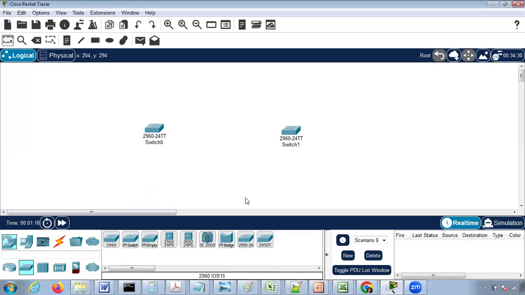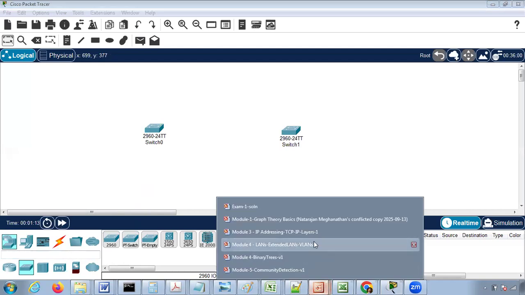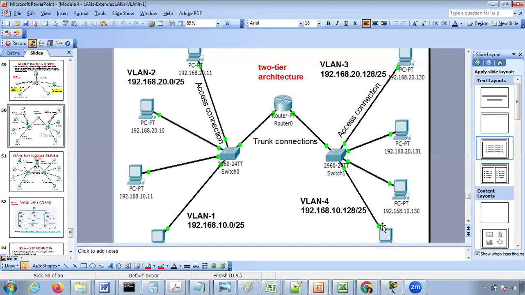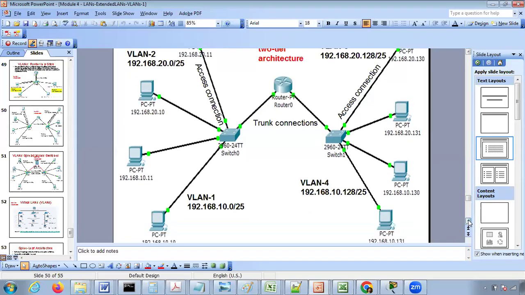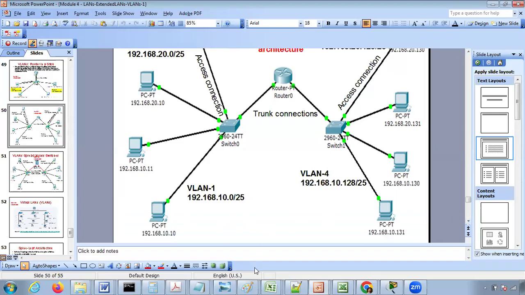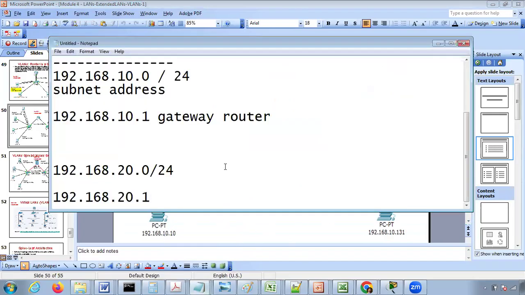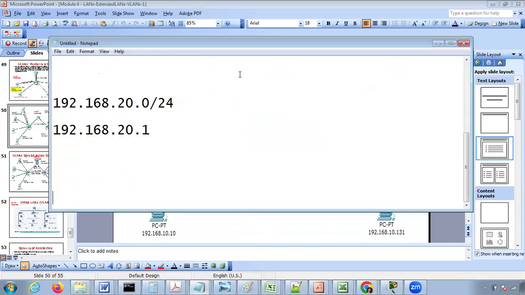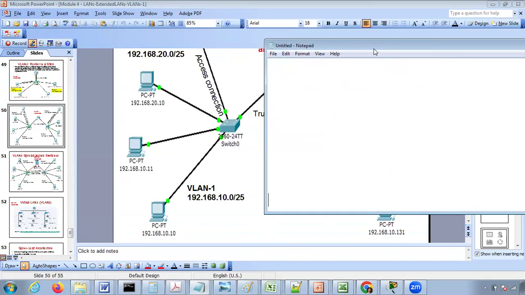All right, so I want to create VLAN 1 and 2 on one side and 3 and 4 on the other side. So before we go through the process, let's come up with the IP addresses for these devices and the gateway routers based on the subnet addresses given to us. So here I change the subnet mask to 25. That means the first 25 bits for the network plus subnet and the last 7 bits for the host part. Okay, so for VLAN 1,